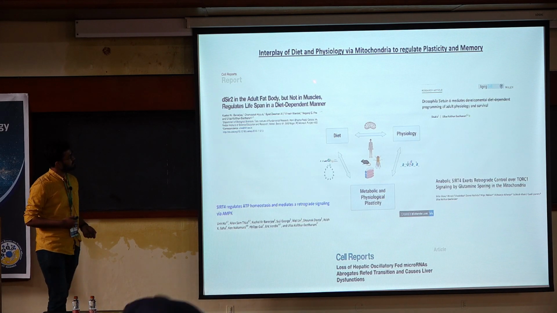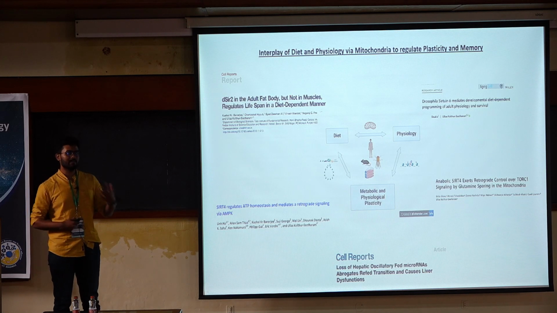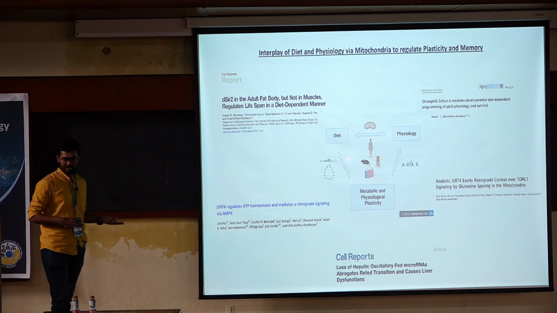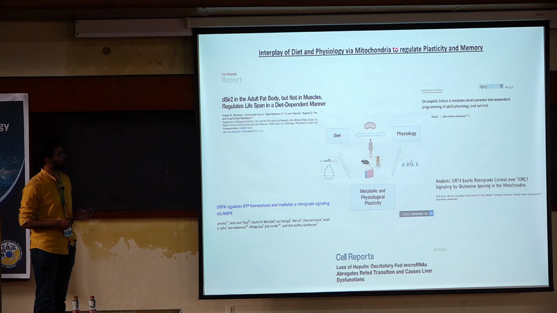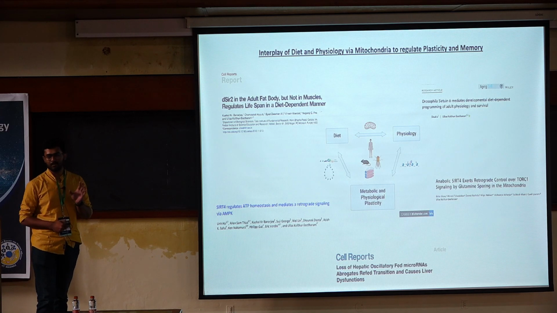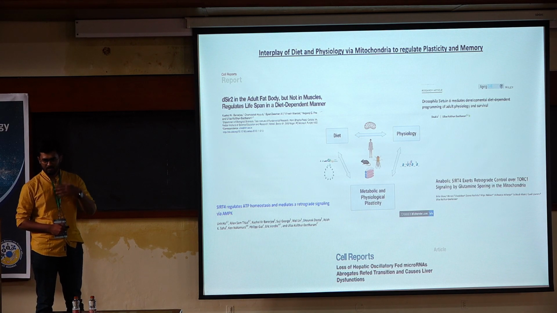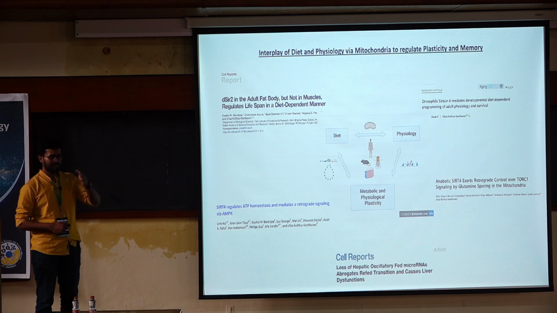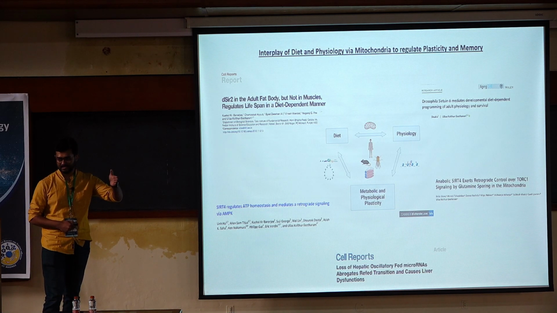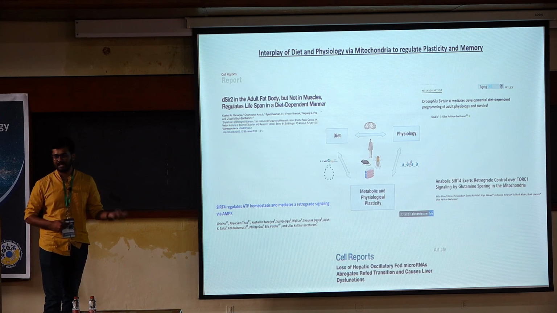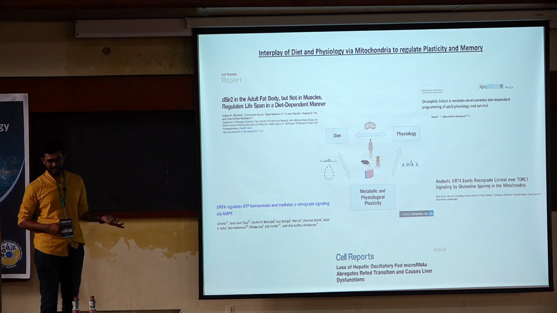Now, the interplay, what we and multiple other people have also shown, is that this interplay leading to plasticity and memory is responsible for sustenance of phenotypes. For example, what I mean here is that if these transitions in plasticity are hampered, you will often develop phenotypes such as diabetes, which is a rampant problem.